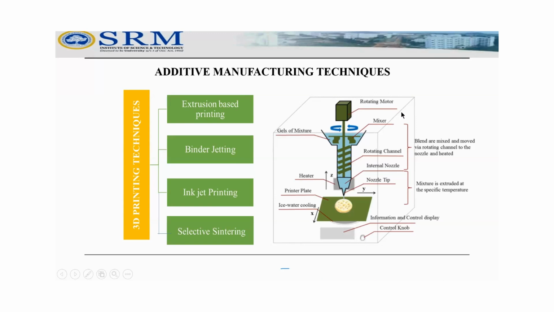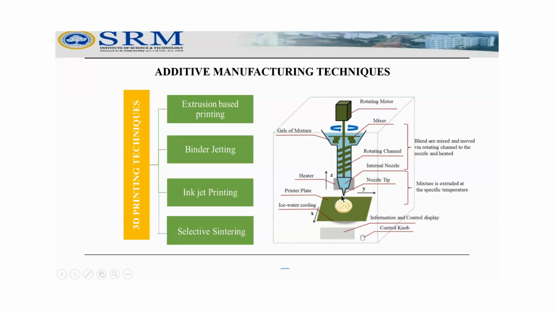So what we need to do now is the mixture. What should be our end 3D printed product? We have to make gels of mixtures. We need to convert the ingredient into gel or liquid material, a homogenized mixture, which needs to be fed into this rotating channel, where the rotor motor will rotate, whereby uniform mixing will be achieved. At the end of this rotor motor blending section, there will be a heater. The heater will convert your gel mixture